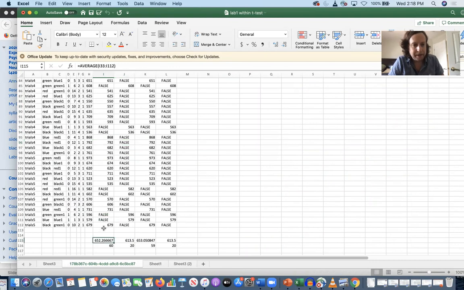Then right here, we calculated the average of the incongruent condition. Right here, we calculated the average of the congruent condition. There were 60 incongruent trials and 20 congruent trials. So one additional thing that's important when you're actually doing your own experiments, which we're going to be getting to in the near future,